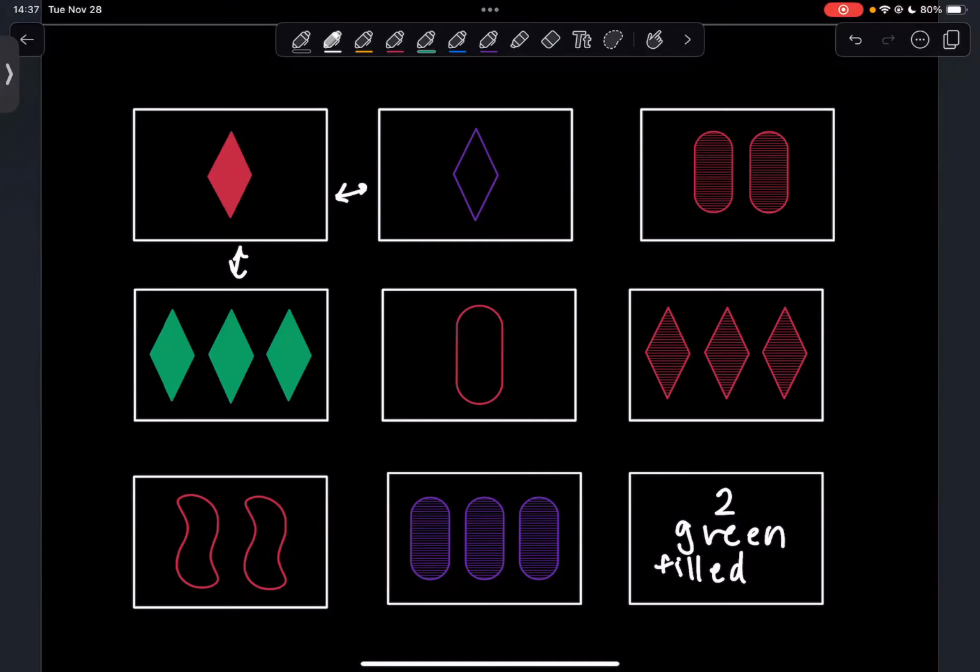In terms of shape, I can have these 2 here, all different, and what I have left. So my last one would have to be. So this is telling me if we have not made any mistakes in the game, and I was careful about how I chose what my attributes had to be here, if I didn't make any mistakes there either, I should have a 2 green filled oval.